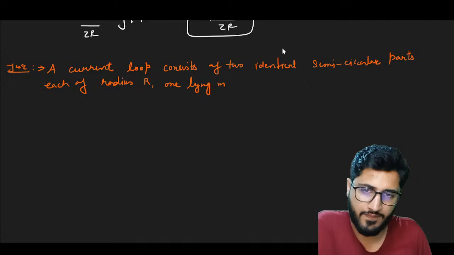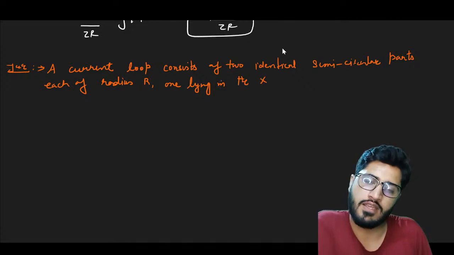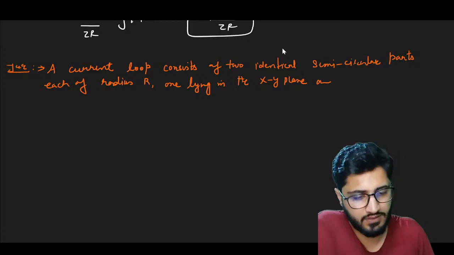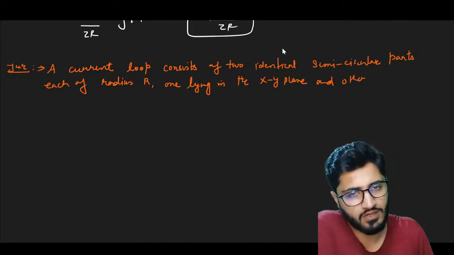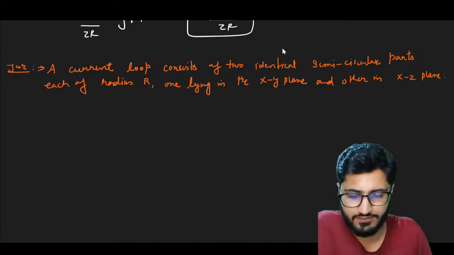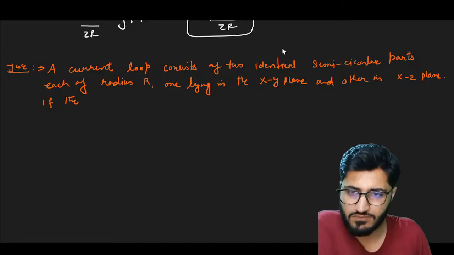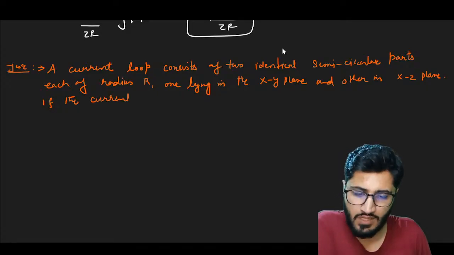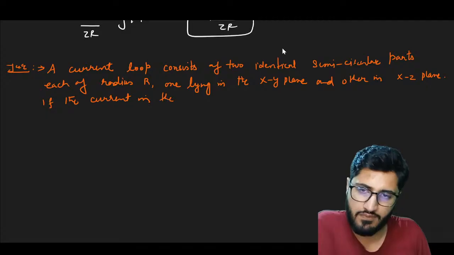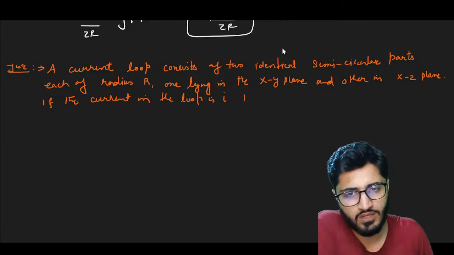One lying in the xy plane and the other in the xz plane. If the current in the loop is I, find the net magnetic field